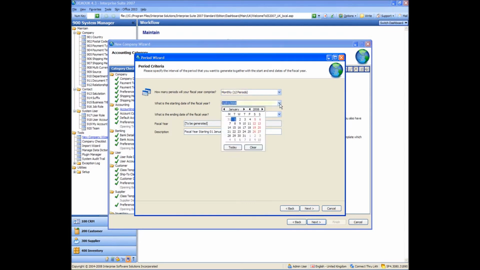Okay, so in here we're going to enter our start date for our company, and we're going to do the 1st of April 2007. So I clicked the little drop down there and it popped up a little calendar box, and I'm just going to go to the 1st of April 2007. Okay, and because we've got 12 periods, it correctly works out that the ending date of our year is going to be the 31st